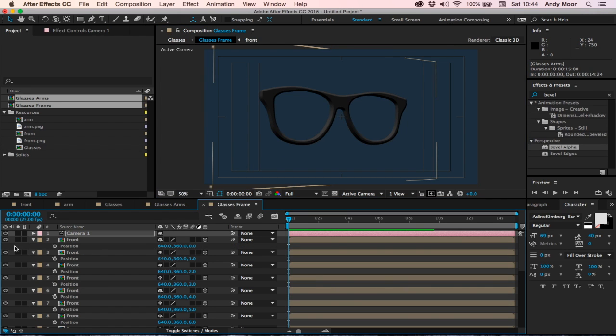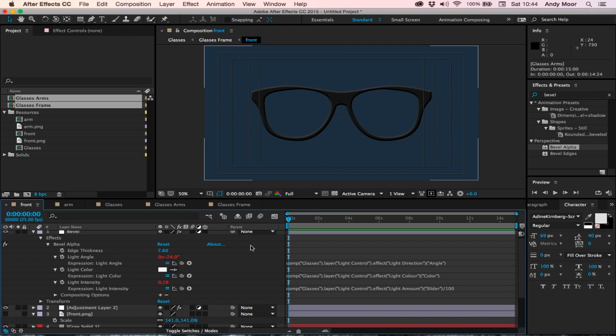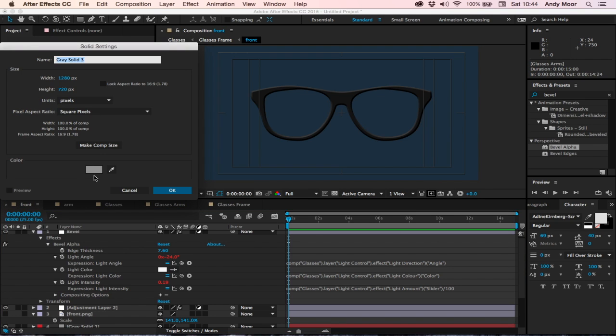If we go back into our frames, actually we'll go into our fronts. If we go into our fronts, we can create the lenses with a simple